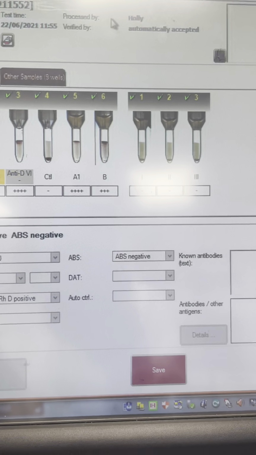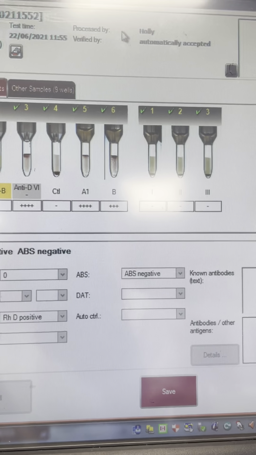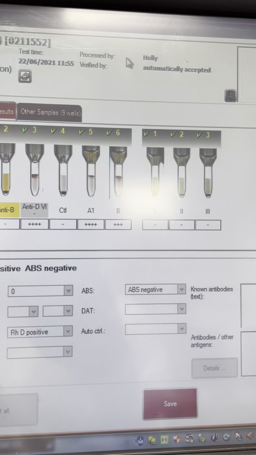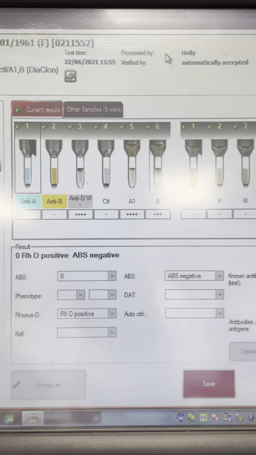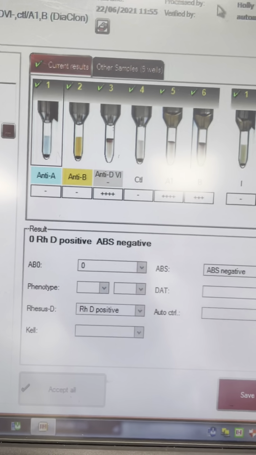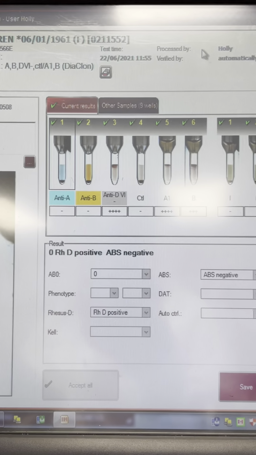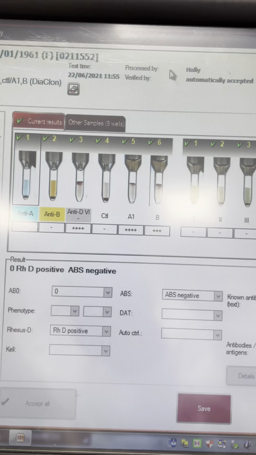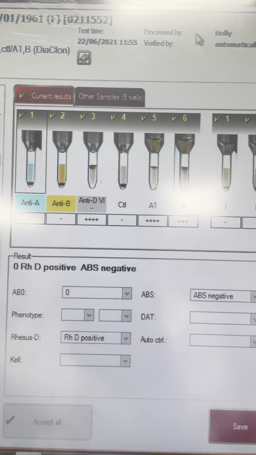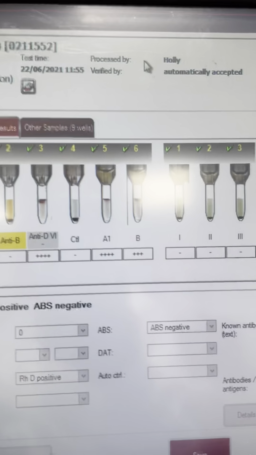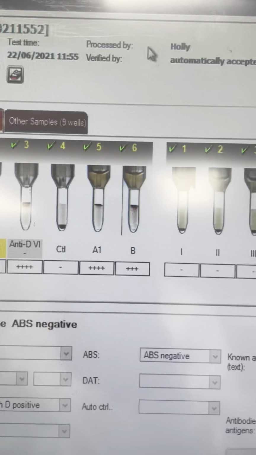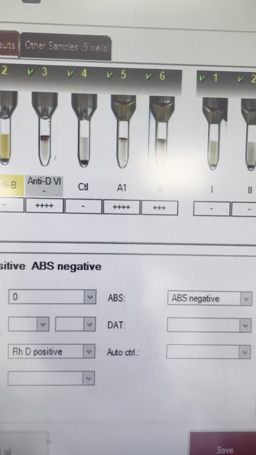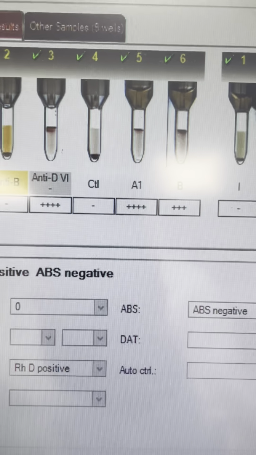So the first thing we would do in that case would be to perform a basic DCT, which we can actually perform on board the analyzer, and this will detect if any IgG or C3 is bound to the patient's red cells. So moving on to the reverse group, this detects the antibodies present in the patient's plasma, and the